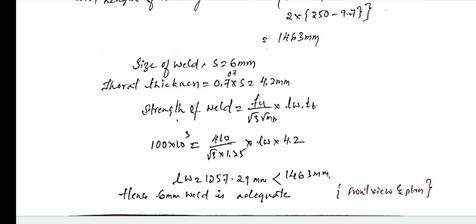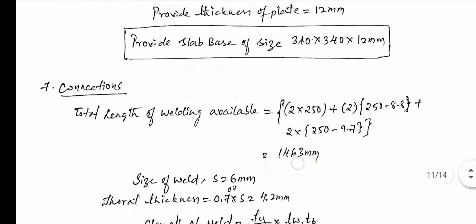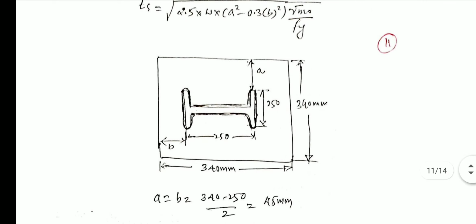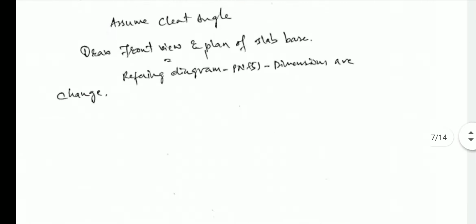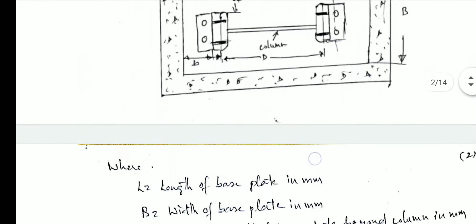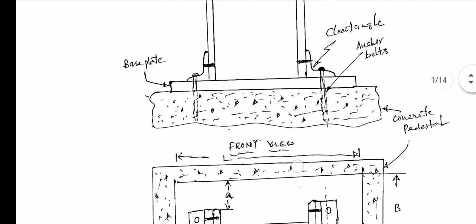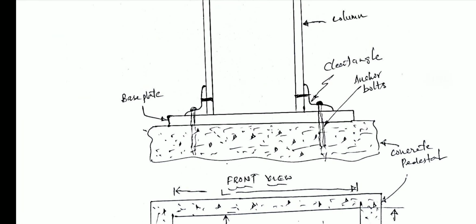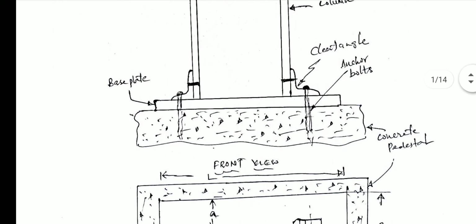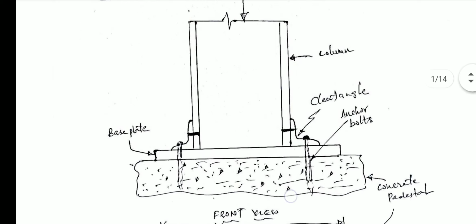After this you have to draw the diagram of the front elevation and the plan, which we already know. The plan we already drew. The elevation also we know, the same elevation as on the first page. If you go through this page, the thing is we don't have a cleat angle, we did not design a cleat angle, so without the cleat angle you show the welding directly to the base plate. This is only your first problem.